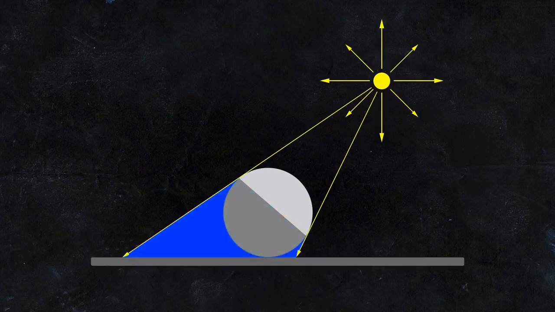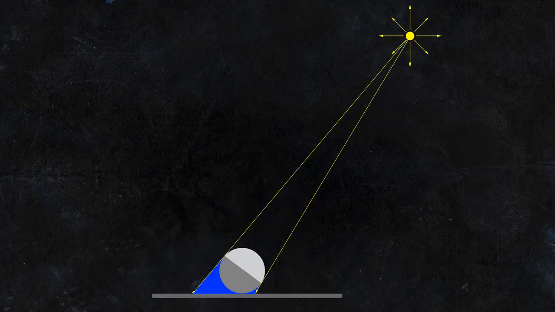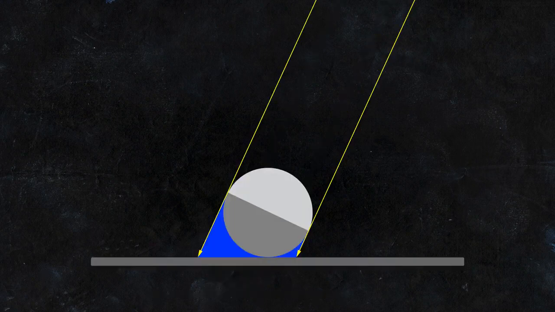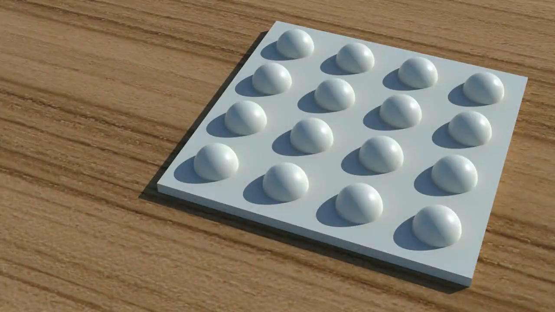If we move this light source away from the object, you can see how the cast shadow cone gets narrower. If we move that light source even further away, let's say as far as the sun, then the light rays are getting pretty much parallel to each other. This is an example of sunlight, and you can see the cast shadow shapes being the same on all the